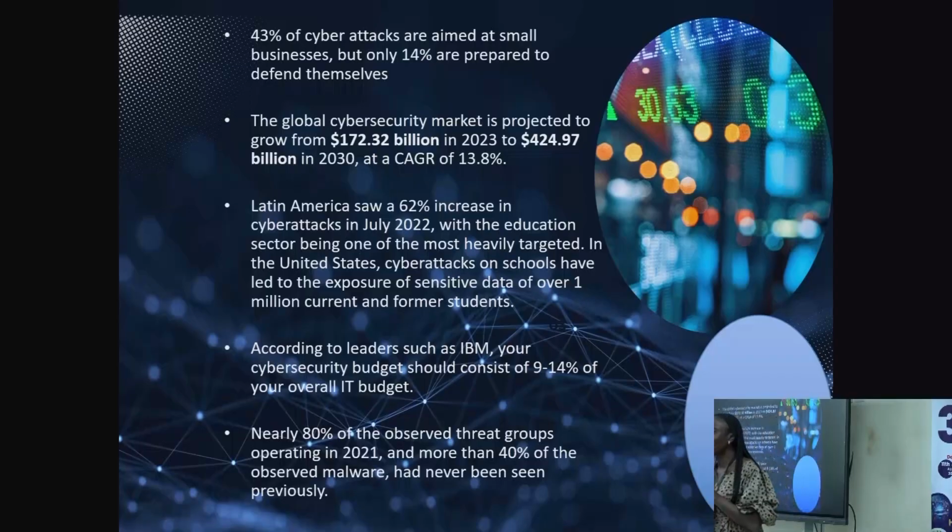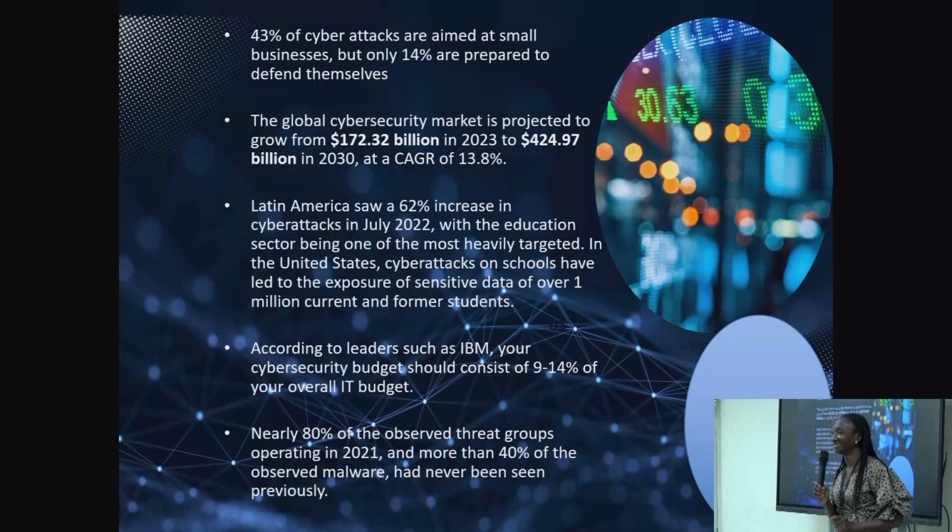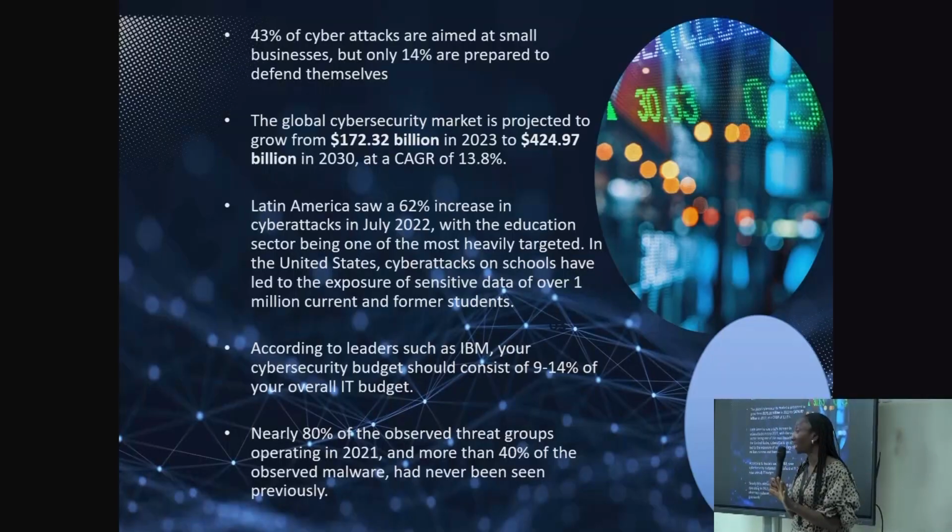What point was mentioned about small businesses in the last class by Professor Tako? He said something about attacks on small businesses. What did he say they use them for? Training. So they'll use it for practice, and then when it succeeds. All right, he said 43% of cyber attacks are aimed at small businesses. But how many percent are prepared? So that we're going to be part of this 14% that is prepared. That's why we're having this class.